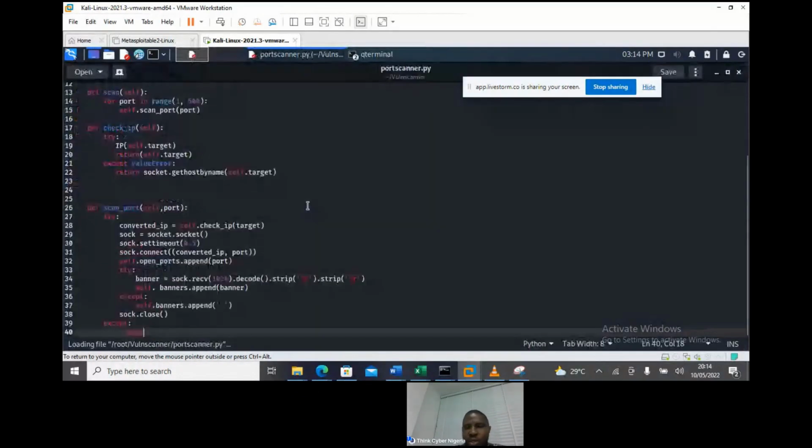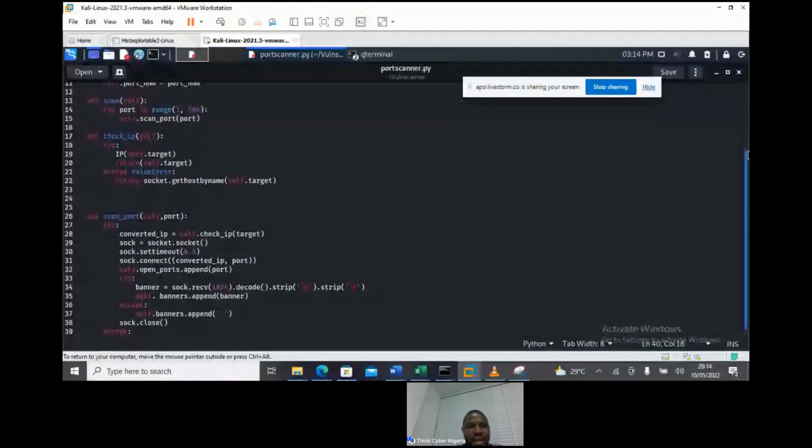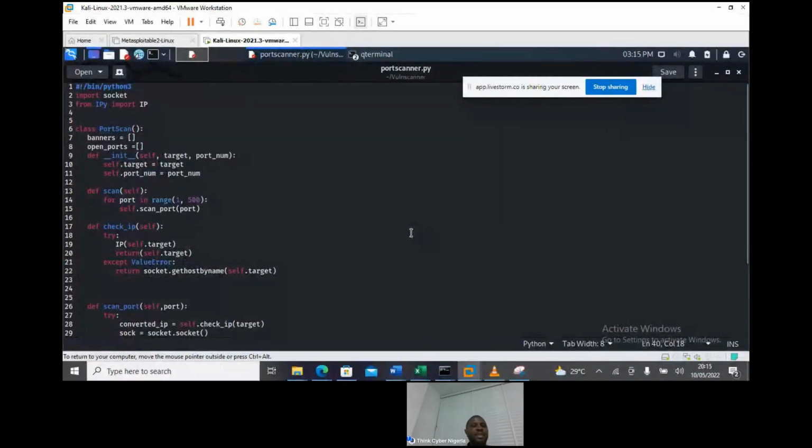So basically what we did is we edited and converted the port scanner into a class, PortScanner. We first defined __init__ with self, target, and port number. We modified the scan function to use self. We increased the range to 500. We modified the check IP.